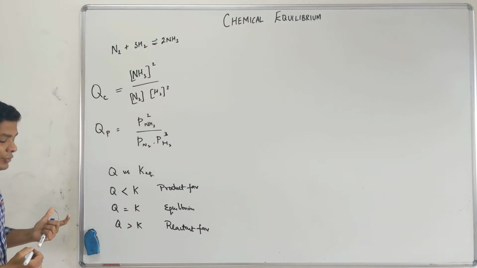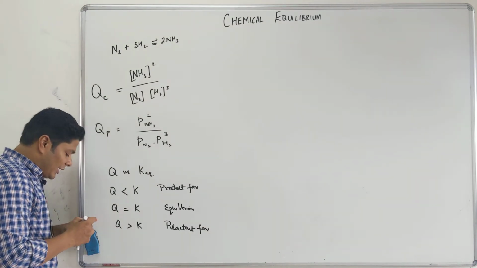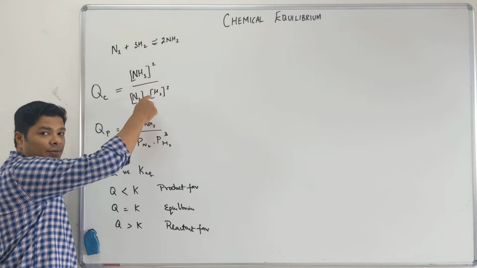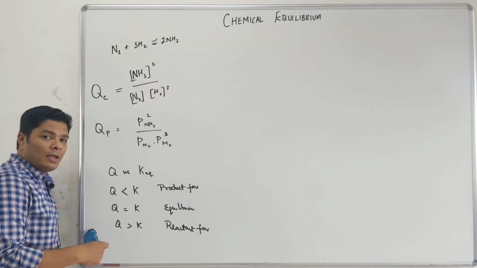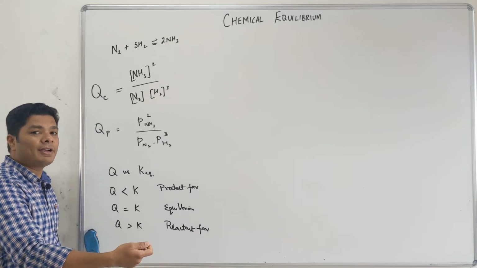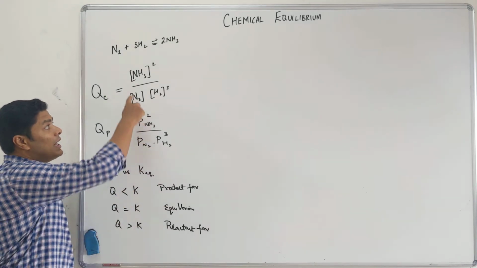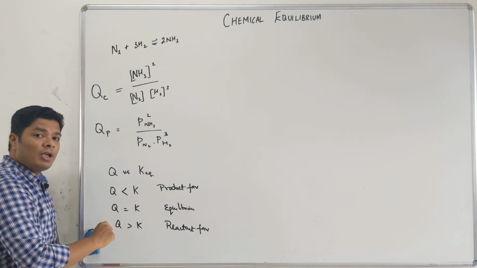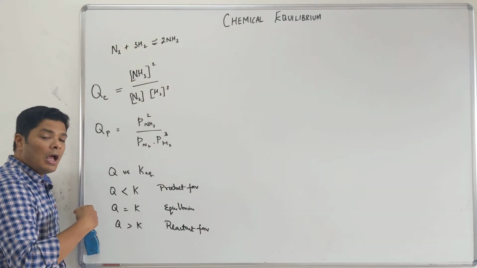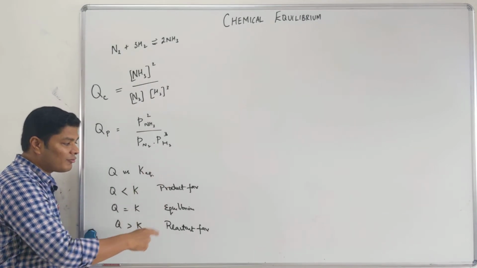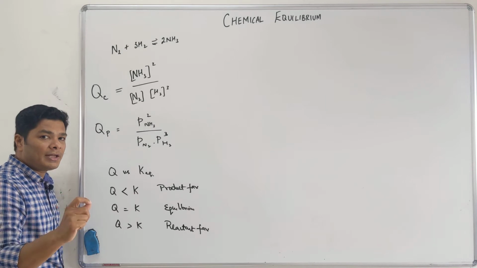Okay. Straightforward. Now how can the question come? They can give you the concentration of all the species. They can give you K. Now you will be stuck: they have given me K and everything, what do I calculate? Actually what they are giving you is, with this you have to calculate Q and then decide whether the reaction is going to go to the product side, reactant side, or it is at equilibrium.